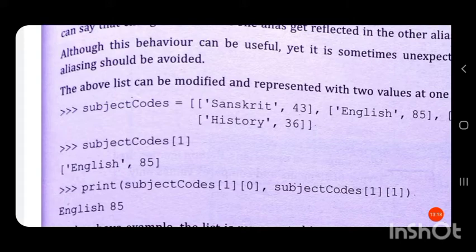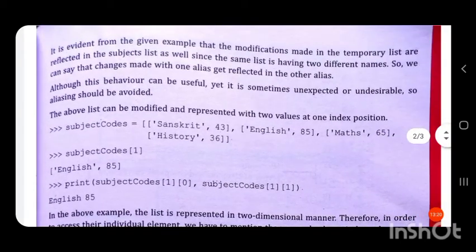In the 0th position, there is a list containing two values, Sanskrit comma 43. Then in index position 1, there is again a list containing two values, English comma 85.